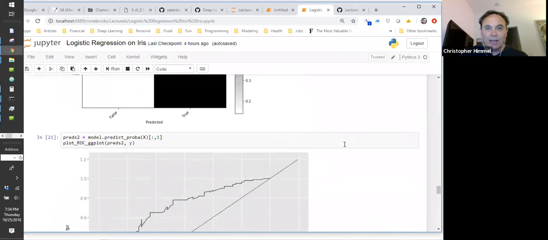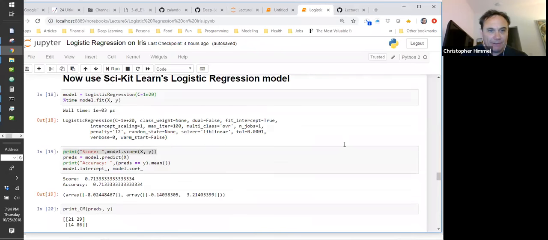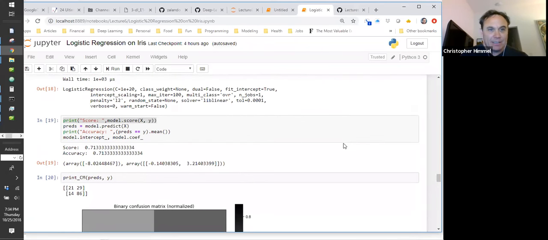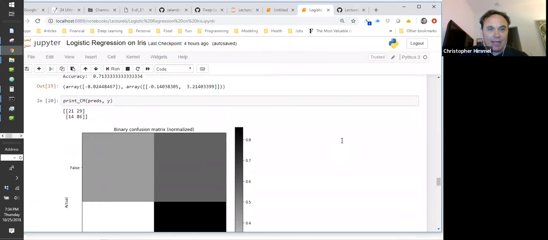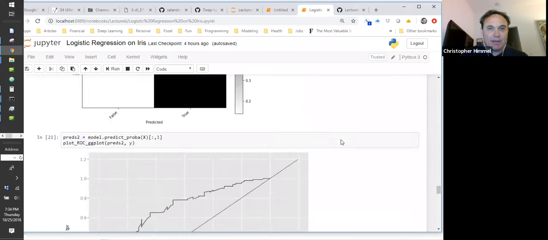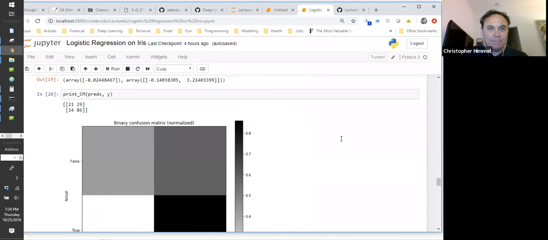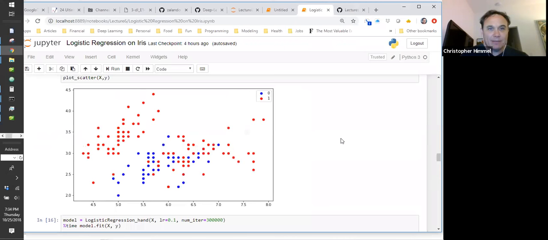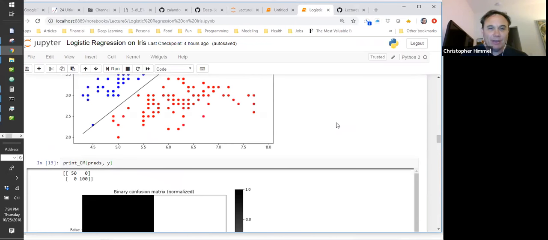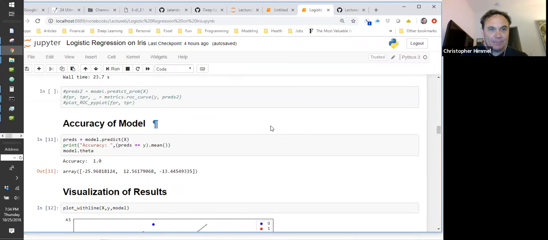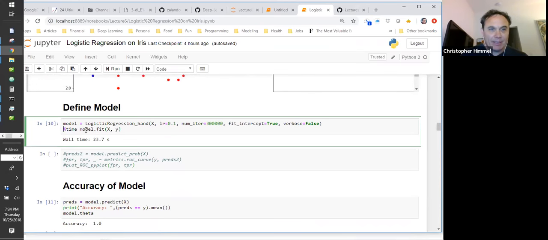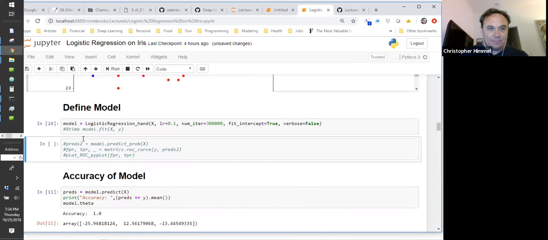Okay, one more thing I want to show is, let's say I create this model and don't train it. What does my ROC curve look like? That's what I did here. If I comment out the fit part and I create the model, and then here I